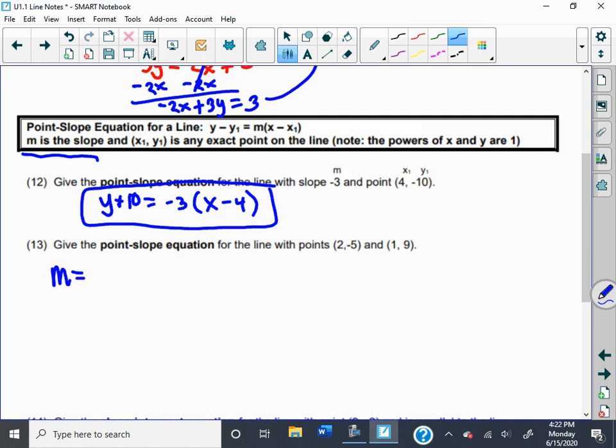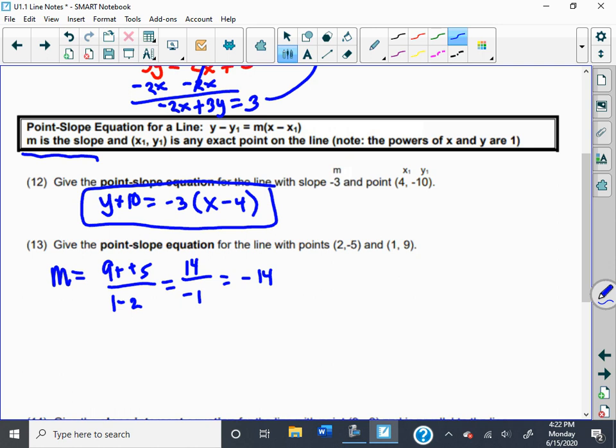That's y2 minus y1 over x2 minus x1. So let's go ahead and find it. So 9 minus -5 over 1 minus 2. All right, so double negative, that's going to be 14 divided by -1, and then that's -14. So we have the slope, and now we just have to find one of the points that we can use,